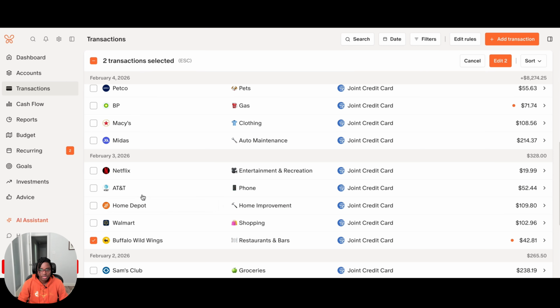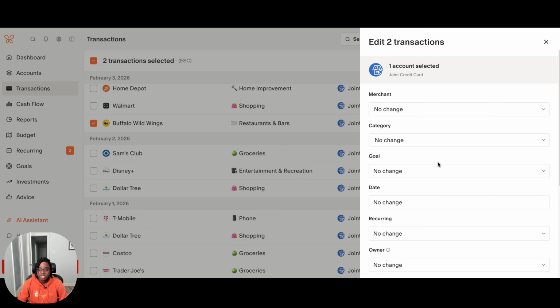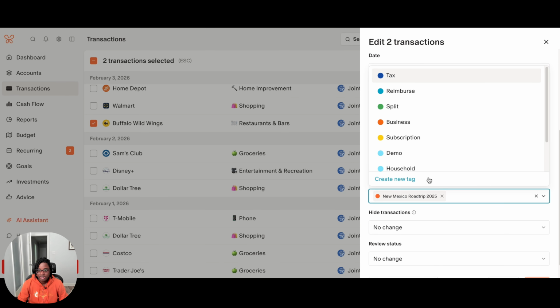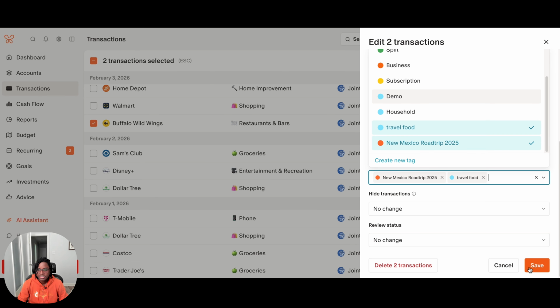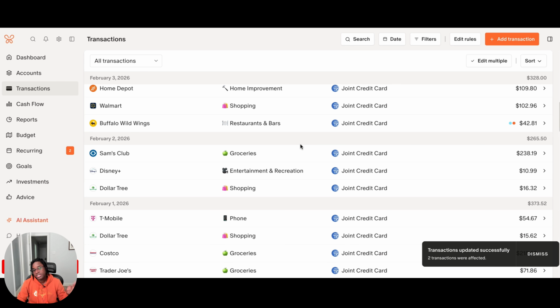And this Buffalo Wild Wings. And I'll just do those two just for demonstration purposes. And then I'll go and add another tag for travel food and save it. Apply to all two. And now if I wanted to go and see how much did I spend specifically on